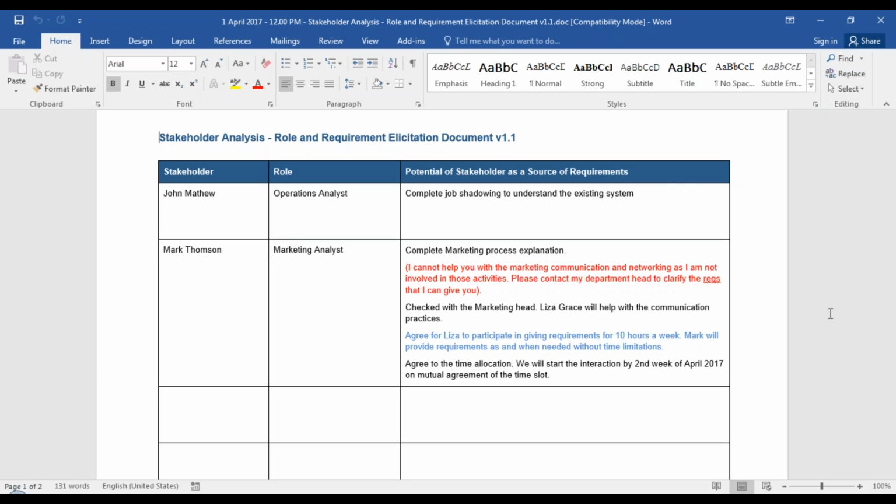He says, I cannot help you with the marketing, communication and networking as I'm not involved in those activities. Please contact my department head to clarify the requirements that I can give you. Check with the marketing head. Lisa Grace will help with the communication practices. Agree for Lisa to participate in giving requirements for 10 hours a week. So here you will be doing various types of stakeholder analysis.